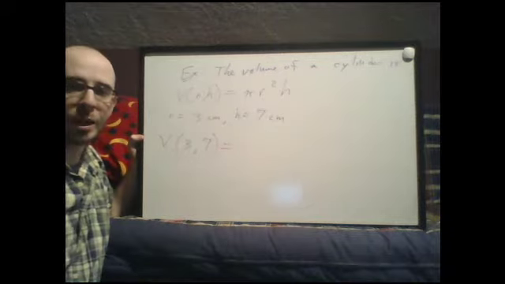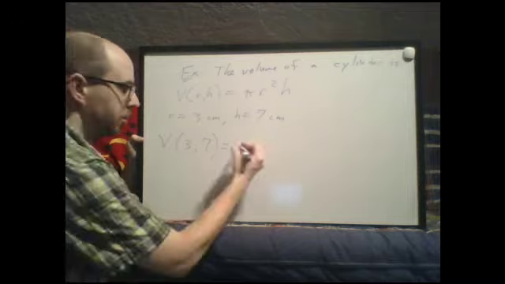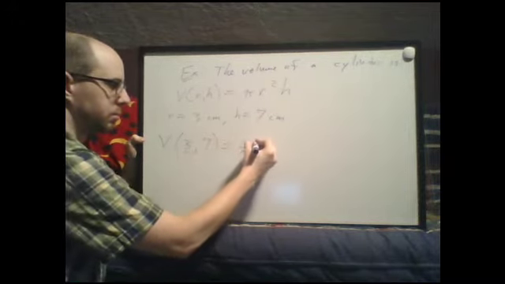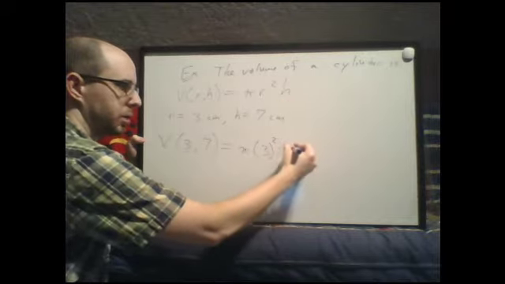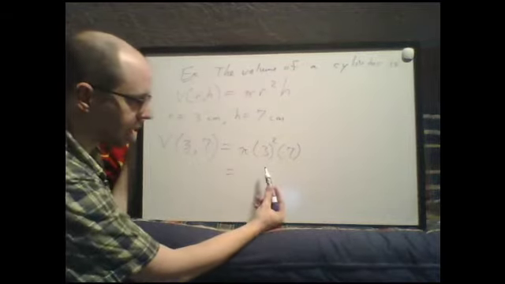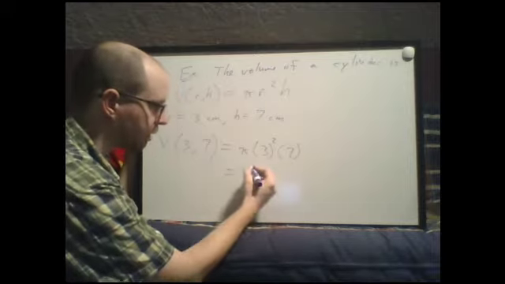So I'm evaluating this function at a given pair of inputs. I'm just replacing each r with 3 and replacing each h with a 7. So what is that? That's 3 squared is 9 times 7 is 63. So this is 63 pi,